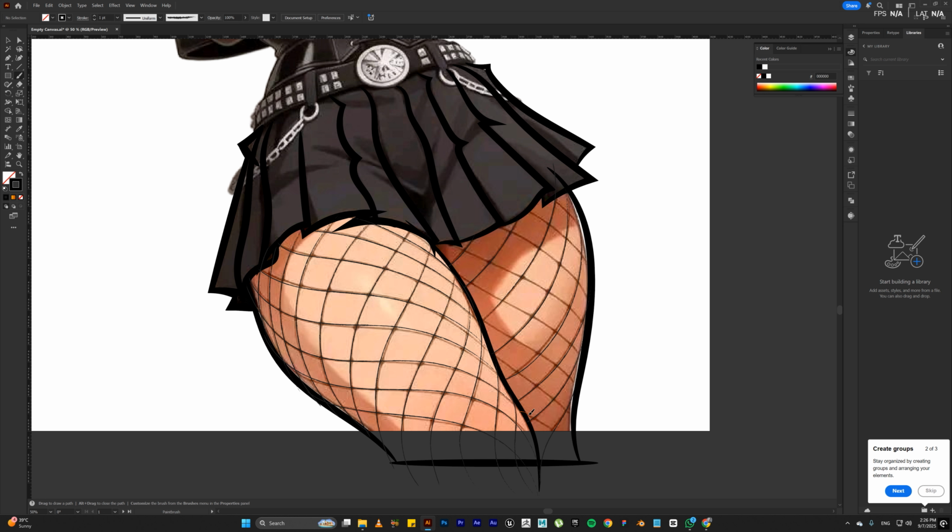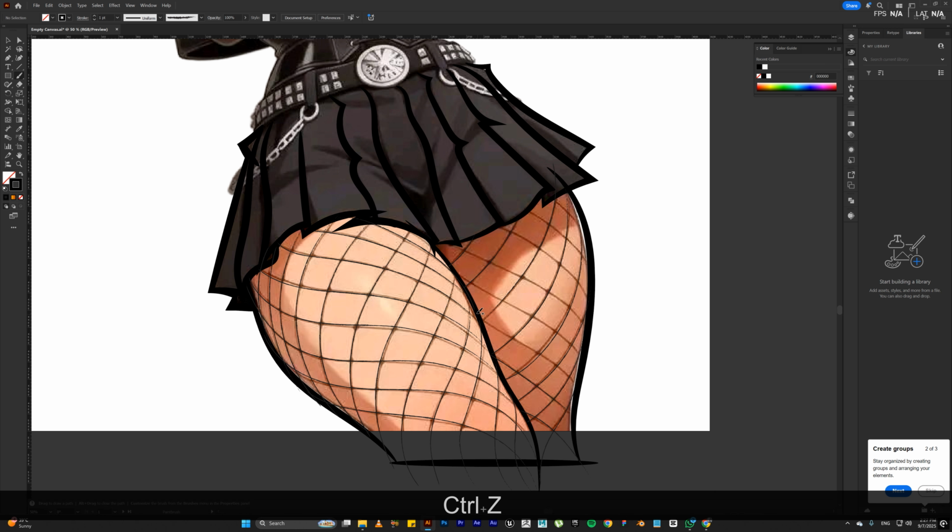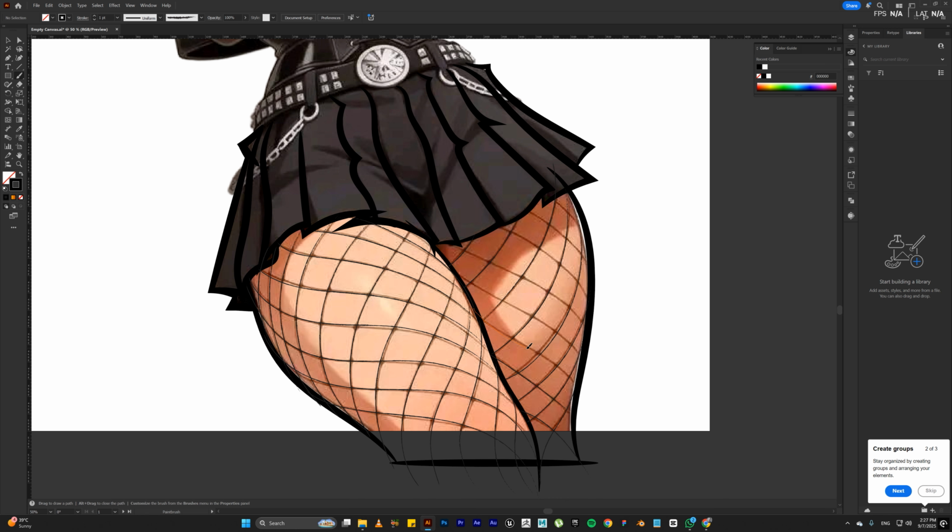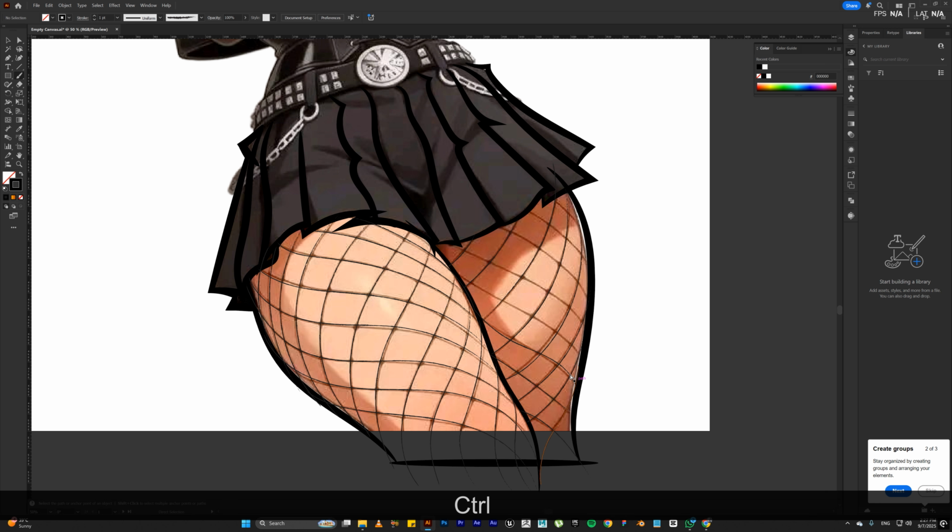Alrighty, this one goes here, and this one goes here. This one goes this way. You don't have to follow the exact lines on the photo, you can just make it happen. As I mentioned,